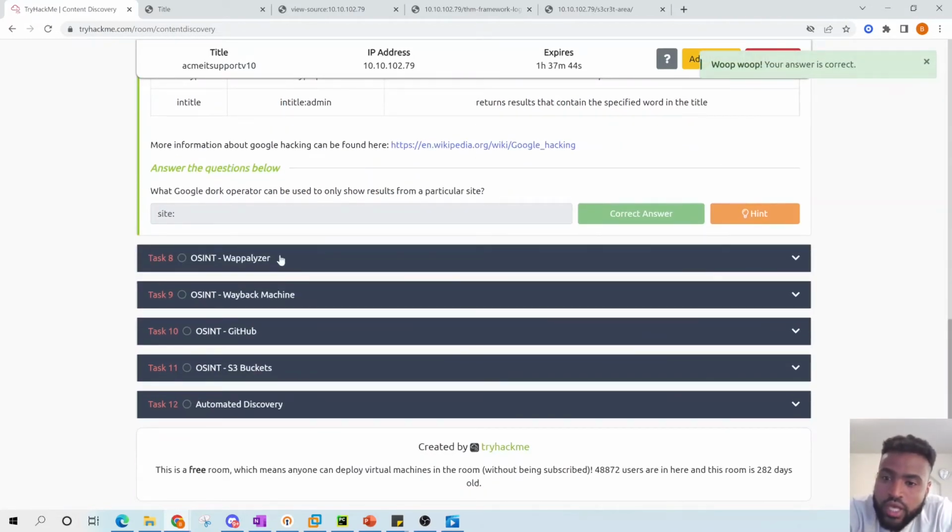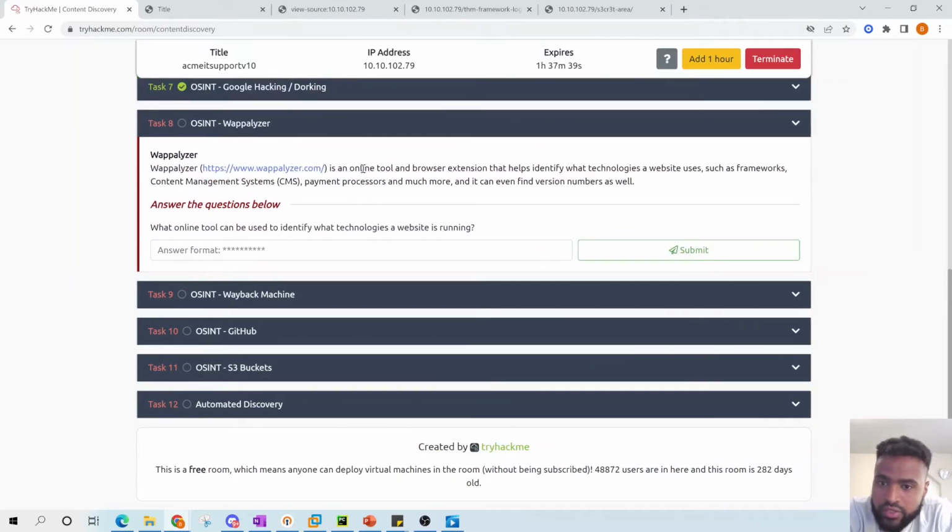The other one is Wappalyzer for OSINT. Wappalyzer is an online tool and browser extension that helps us identify what technologies the website uses, such as frameworks, content management systems, payment processors, and much more. So you could click that. It's just going to be an extension like we have here for things like ad blockers and stuff like that. So they're asking for the name of the